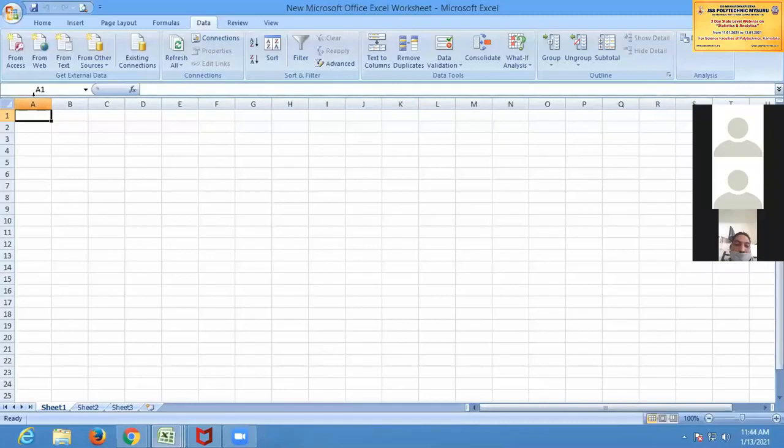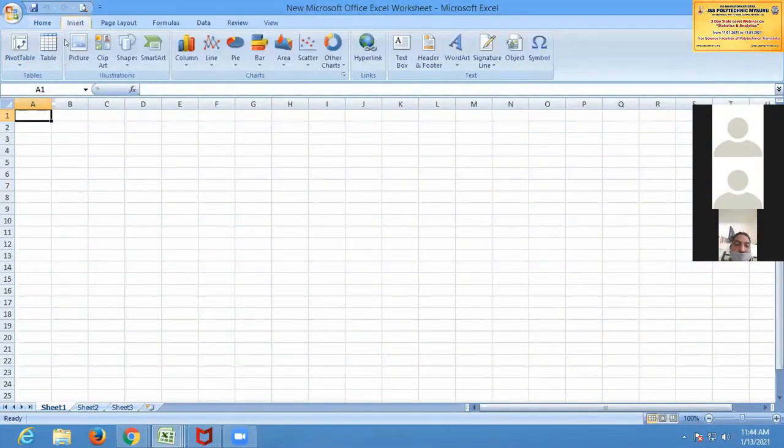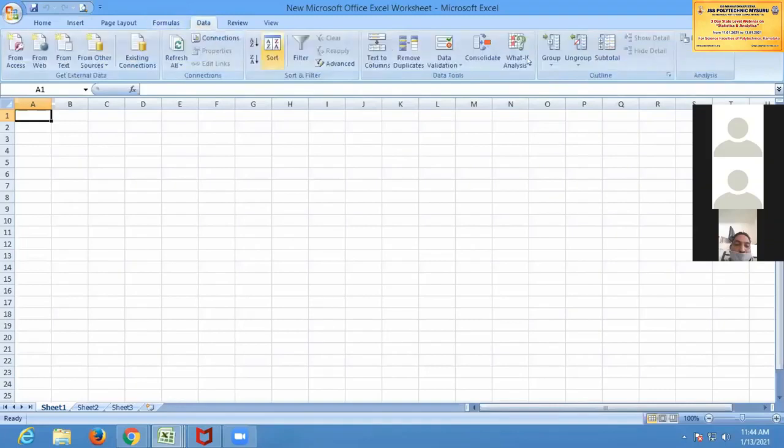Here also everything is the same. These are the column names represented in alphabets, and these are the row names represented in numbers. This is the Home menu, and this is the Insert menu where you insert the charts. This is the Formulas tab, Data, Data Analysis, Review, View. Everything is almost the same. Only the icons or the menu bar that appears will be different. For that, we'll just do a pie chart.